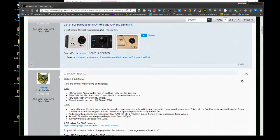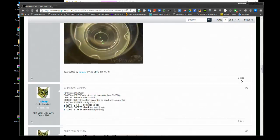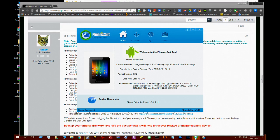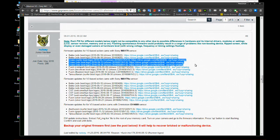But this time, we will go to another post, scroll down, and down, and post number 8, I believe, and see there are 3 cranes listed. But let's go back to Phoenixsuit and make sure we see crane here. The date here we do not want to use. We want a different date. So let's pick another crane. There are 3 cranes to choose from,